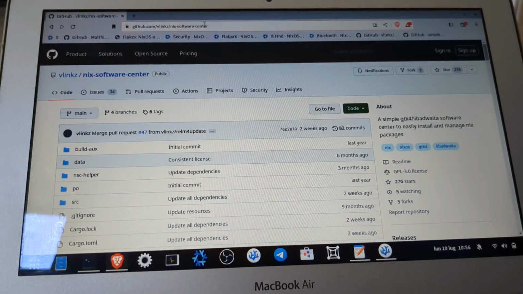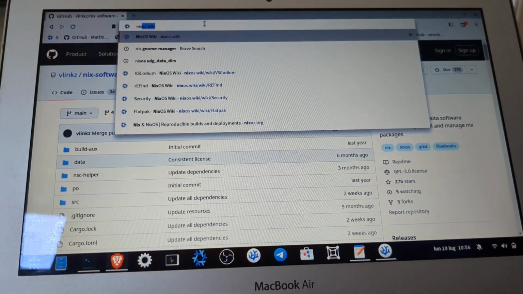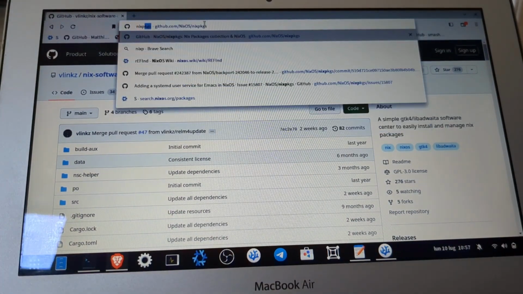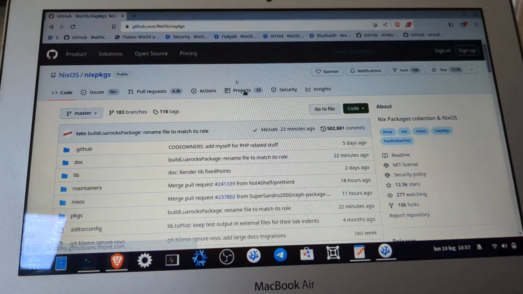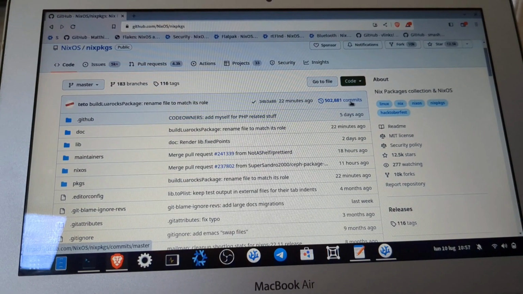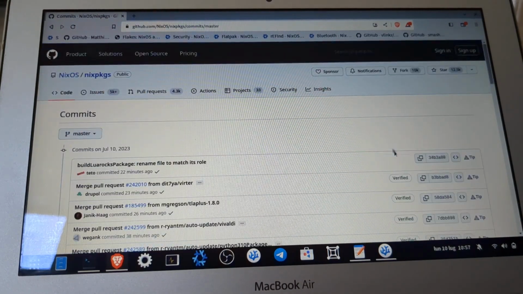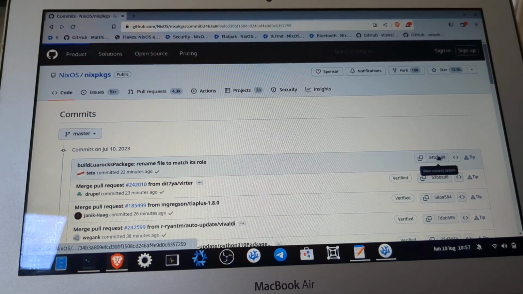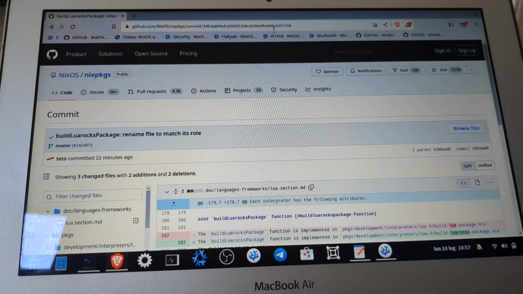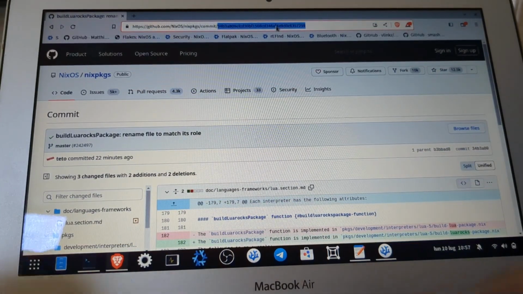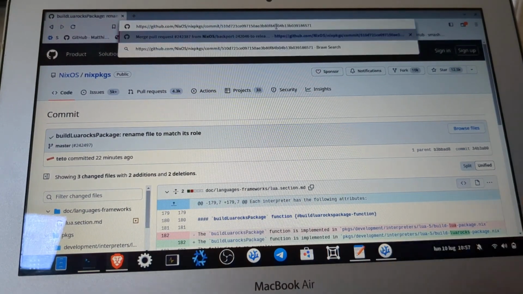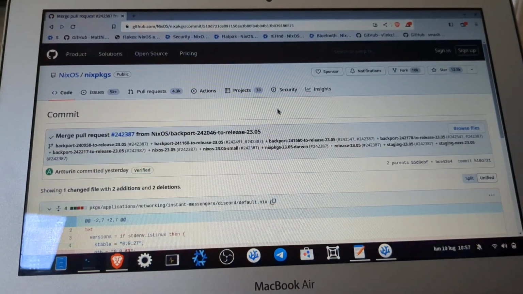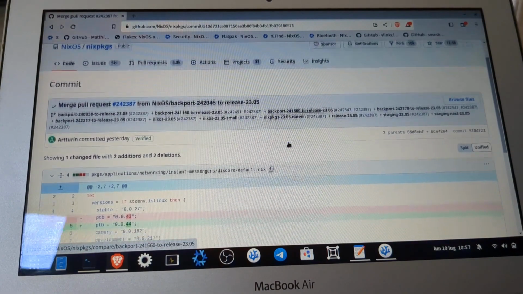And if you go to Nixpkgs, okay, and you see the commits here, you have the exact version of the base system.